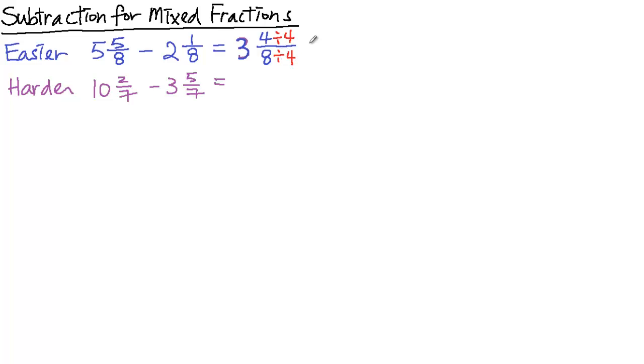When you are multiplying or dividing the same number top and bottom, you can kind of reduce that. So it's like dividing by a 1 or multiplying by a 1, and you're not changing the value of that fraction. So your final answer would be 3 and 1/2. So this is the easier type of subtracting with mixed fractions, when the first fraction has a bigger numerator